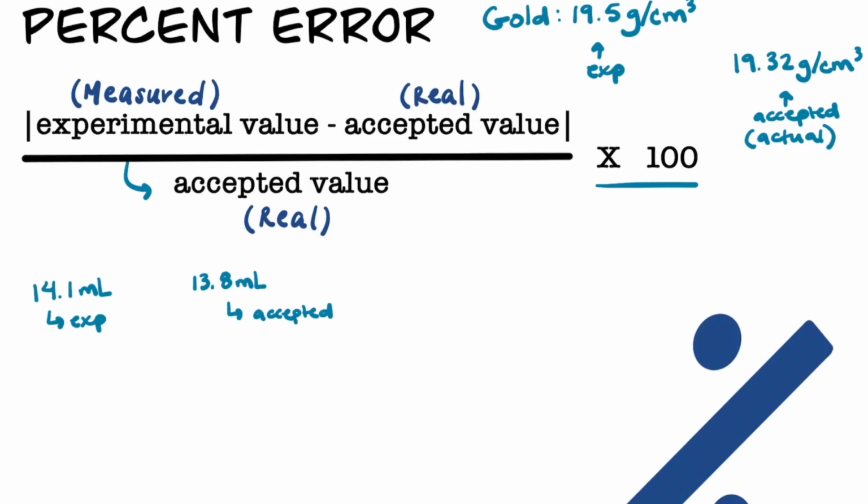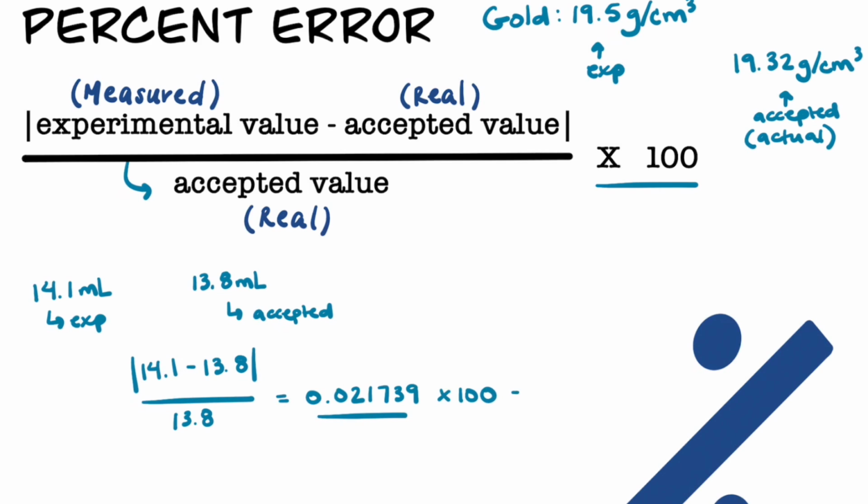Let's do another example. Let's say that 14.1 milliliters of water was measured when in reality it should have been 13.8 milliliters. 14.1 milliliters is the measured or experimental value, while the accepted value is 13.8 milliliters. Plugging this into our percent error equation, we get the absolute value of 14.1 minus 13.8 divided by 13.8, which gives us 0.021739. Now, you must multiply this decimal value by 100 to get the percentage, which is